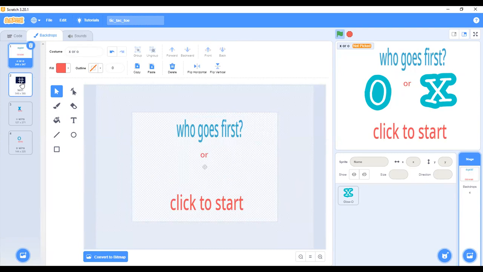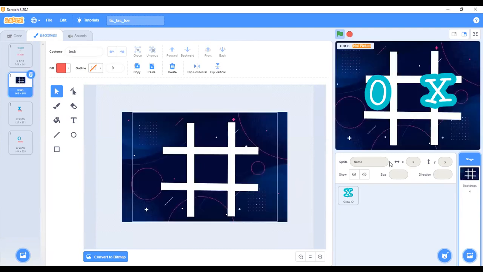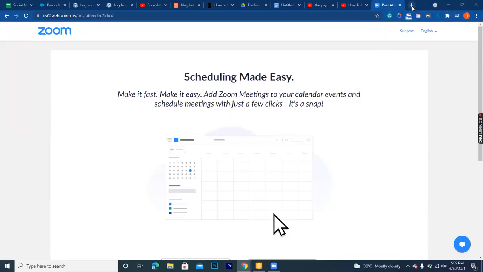Now the next thing is, after I did that, if you look, this backdrop is different. So what I did was to go online and download a background.